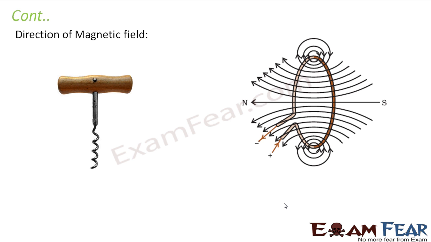Well, in this case, we know the direction of current. So here also we will use a rule similar to right hand screw rule. In right hand screw rule, what do we do? The thumb represents current and the curled fingers represent magnetic field. In this case, my curved fingers will represent my current, because here the current is flowing in a curved manner. So the curved fingers will represent current and your thumb represents the direction of magnetic field.